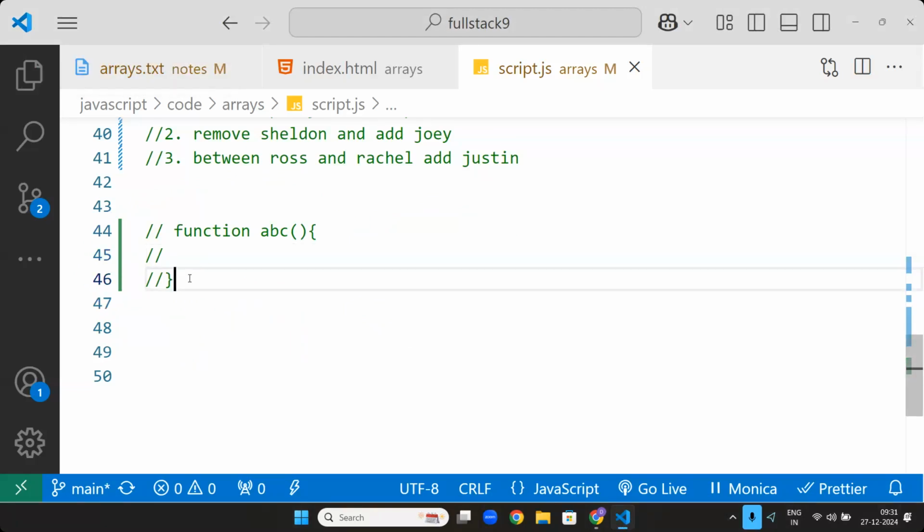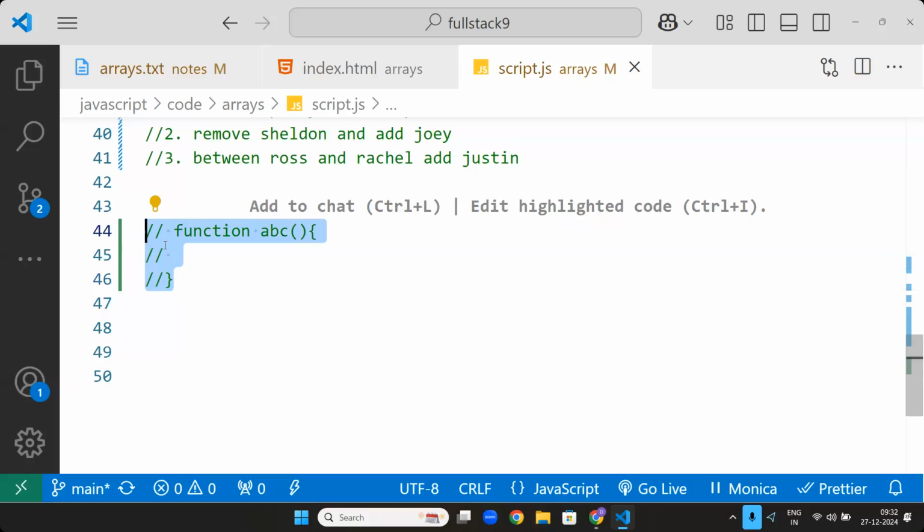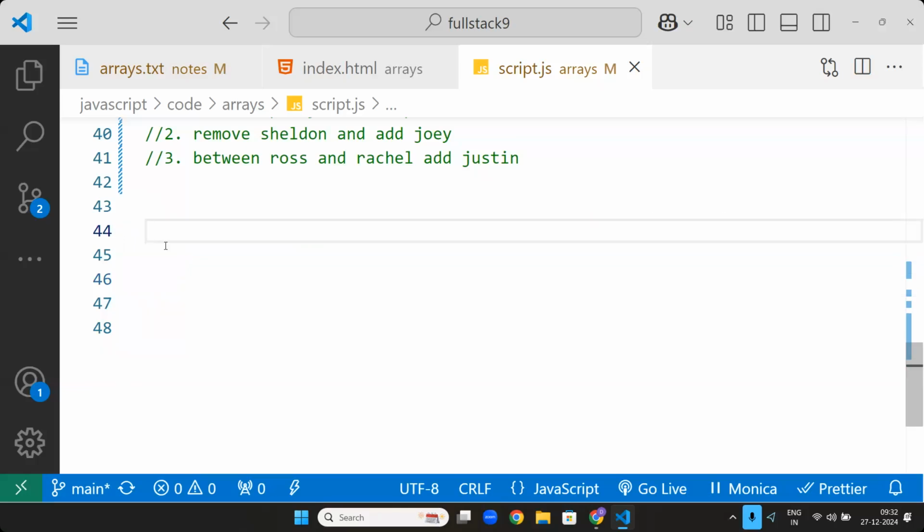Now, the interesting point is JavaScript allows a feature called callback. What does callback function mean? Callback function means one function can be passed in the parameter of another function. Now I'm not going to do big functions, I'm going to do small functions. We will come to it in the functions chapter, I will tell you in detail, but still a function